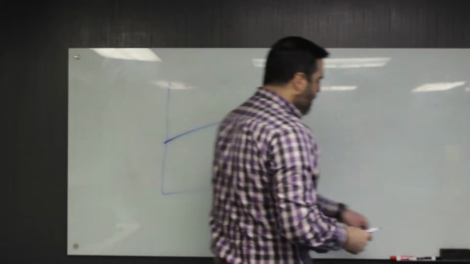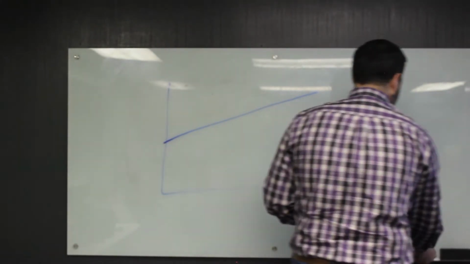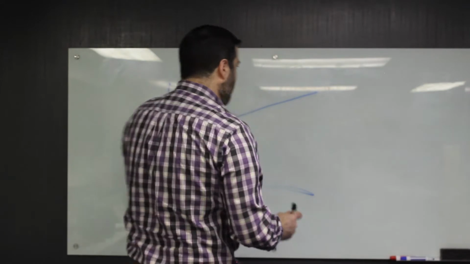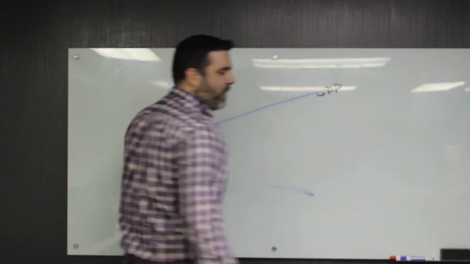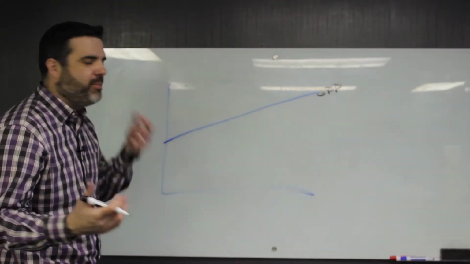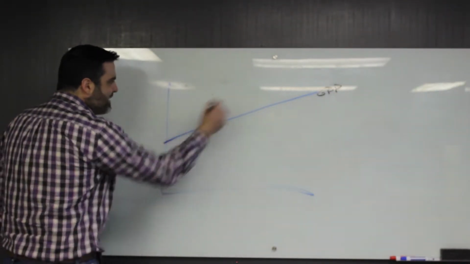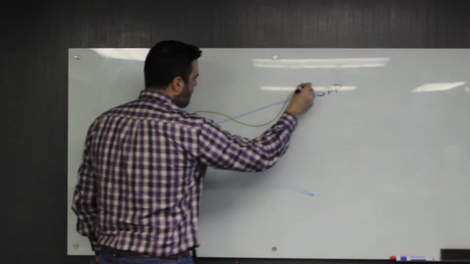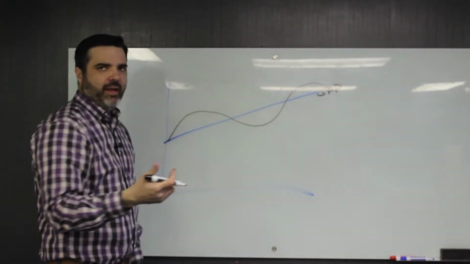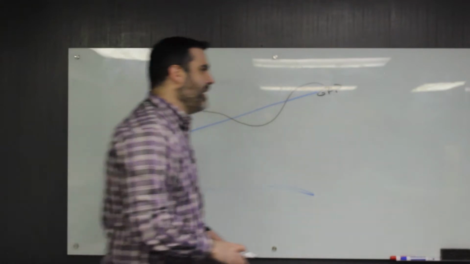Okay. We talked about the business cycle. Over the course of time in the business cycle, in general, GDP is going to rise, right? But it's not going to go in a nice straight line. It's going to go like this, right? It's going to go like that. And so in general, it's going to go like that.